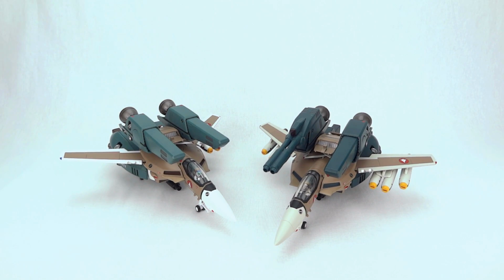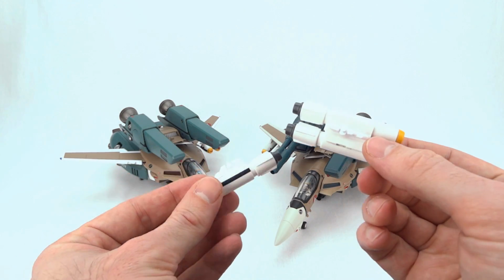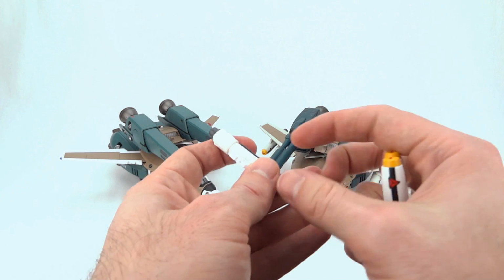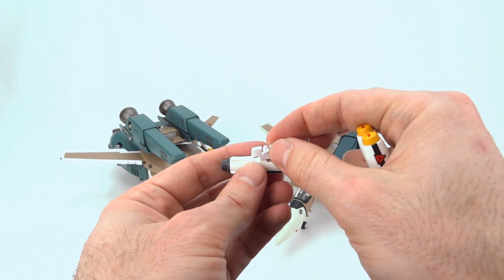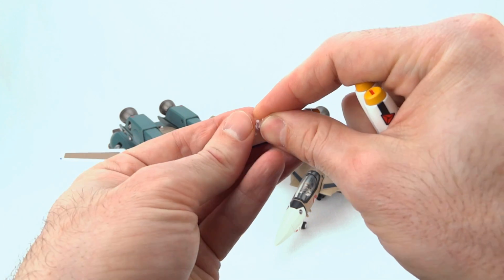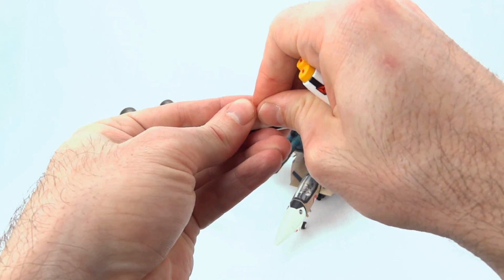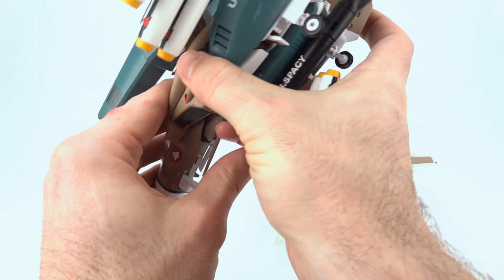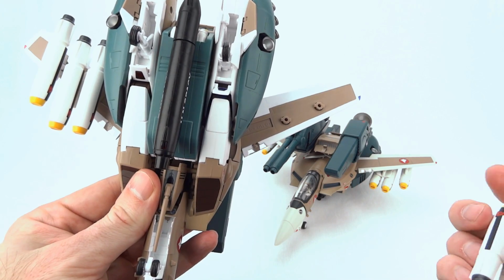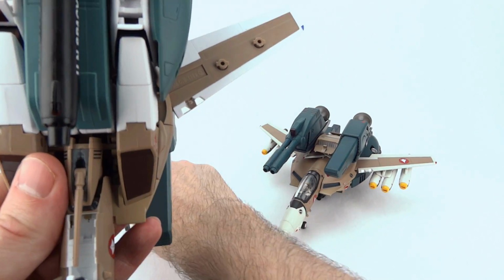All right, we're in fighter mode. We're ready to put our reaction missiles on. Here they are. You've got your double set or your single set. They do have attachment pieces that can be separated from the actual missile, and you might find that useful because Yamato on their V2 toys, if you're familiar with them, actually has a twist mechanism on the hard points. Not my favorite attribute of the Yamato V2 toys, but it made sure that those missiles stayed on super duper